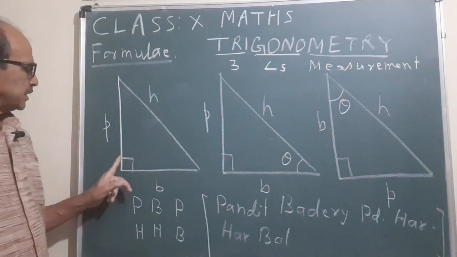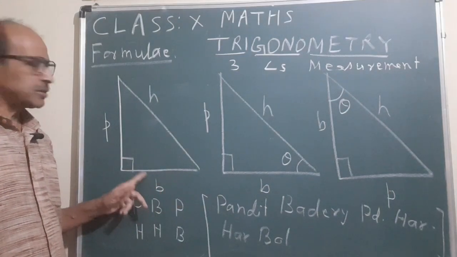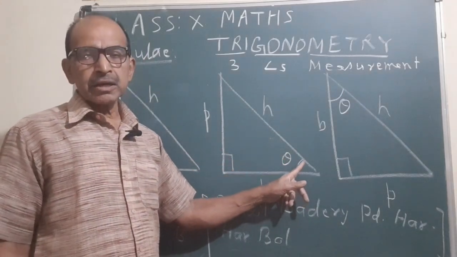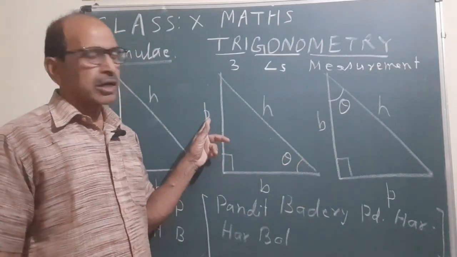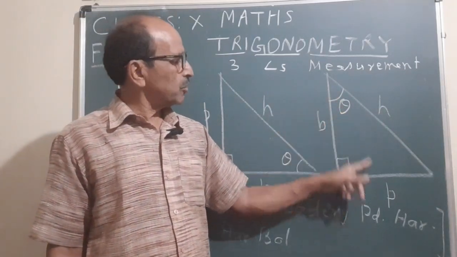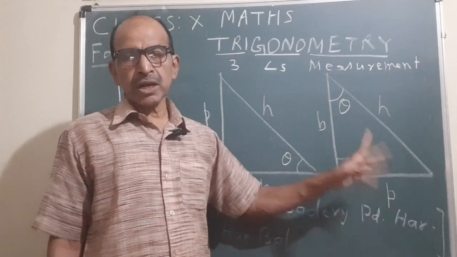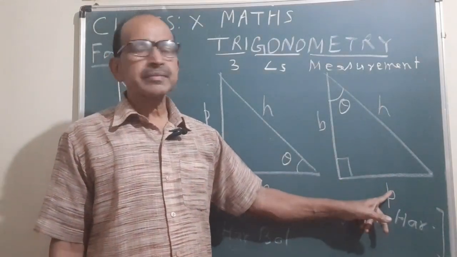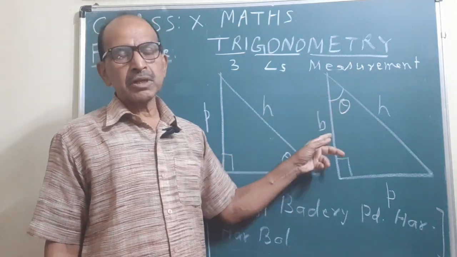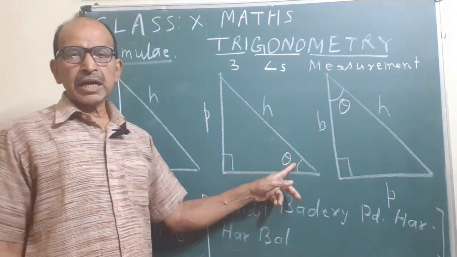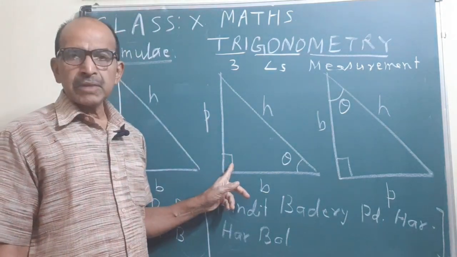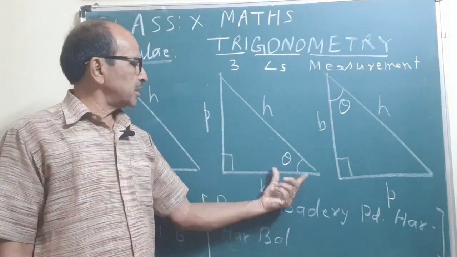And now this angle is based on this side, so this is your base, and here the perpendicular. For this acute angle, the opposite side of the acute angle is the perpendicular. Now there are three sides: hypotenuse, perpendicular, and this will be your base, or this angle is based on this side. Here also, for this angle, the opposite side of the acute angle is the perpendicular, and the opposite side of 90 degrees is the hypotenuse. So this angle is based on this side.